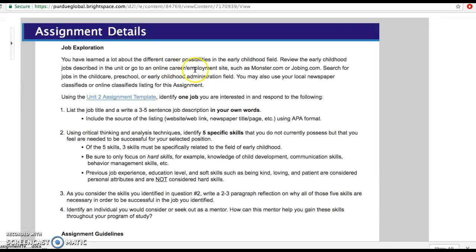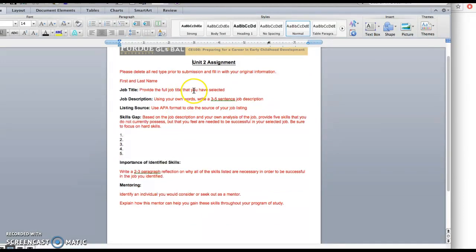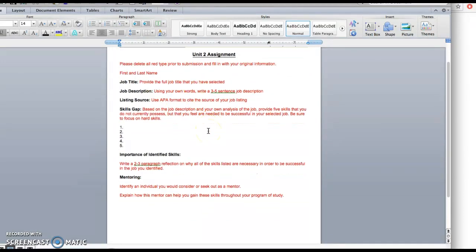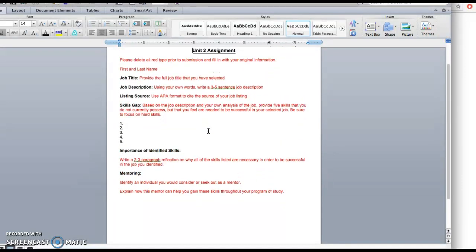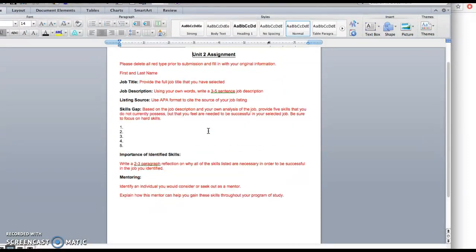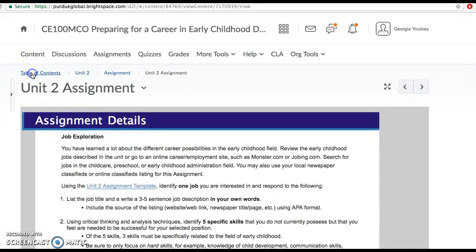The template has been modified, if you want to take a look, to coincide with the directions of the assignment. You can see here all of the items that I have discussed previously are included on this template. So it makes it very easy for students and easy for you. Okay, moving forward,